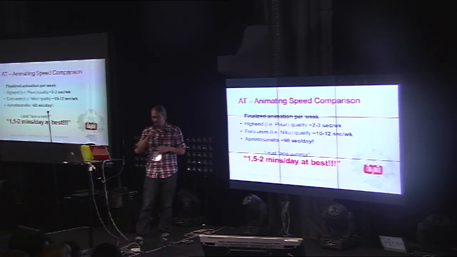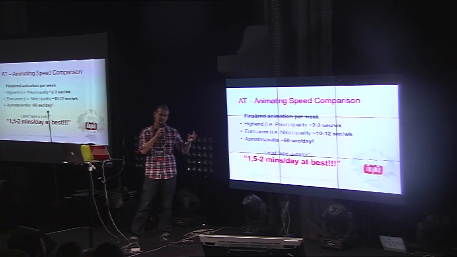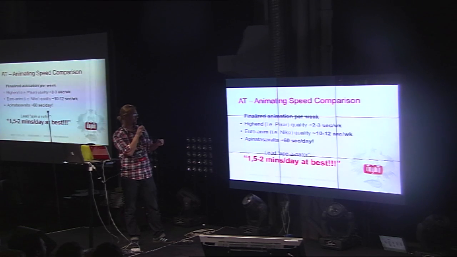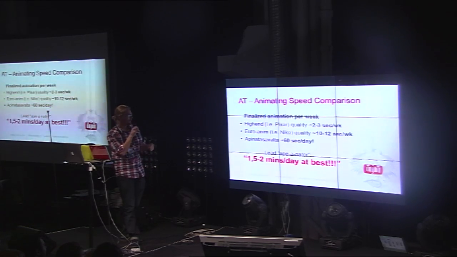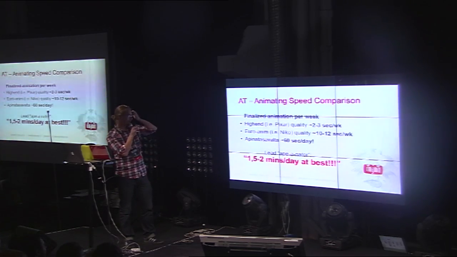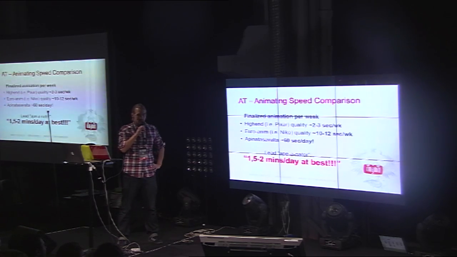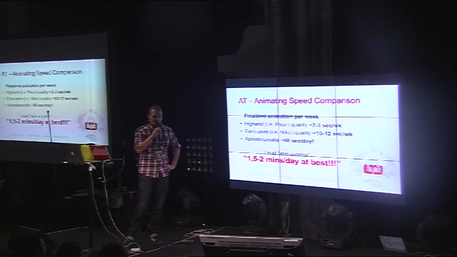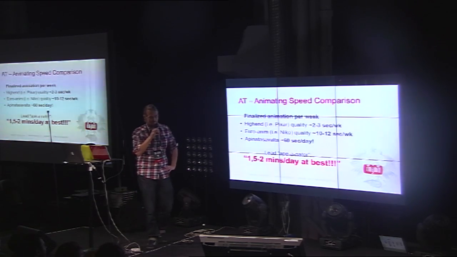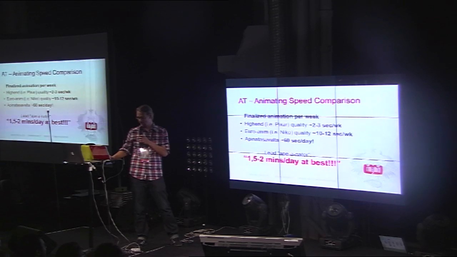Yeah, and here's the money slide. I'm not saying that we could compare this to Pixar quality, but there's a place for this kind of production. A typical high-quality animation is 2 to 3 seconds per week. This Euro animation, like the Nico films that we've done, is 10 to 15 seconds per week. Apina Tasavalta was 60 seconds per day. And our lead animator, Apenator, revealed that he could do 1.5 to 2 minutes per day at best.